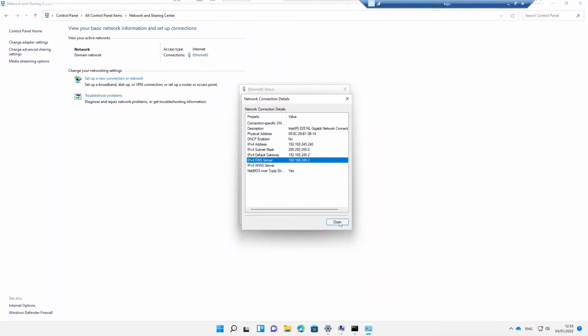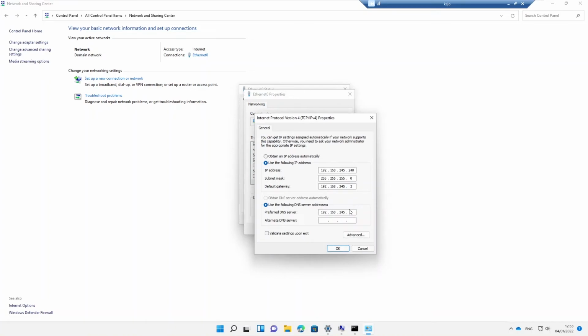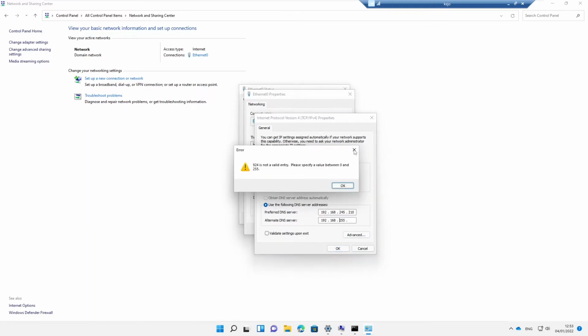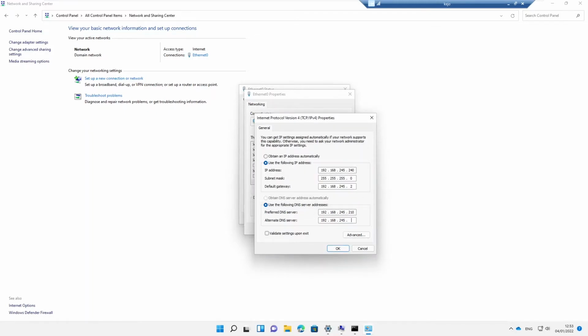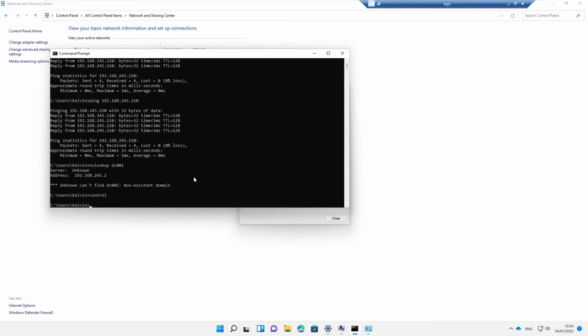So what I need to do right now is close this and go to the properties of my version 4 address, and you can see that here we have just the preferred DNS. I want to add the server IP address as the preferred DNS on this workstation, and then enter an alternative DNS address. Oh, I made a mistake there. 245 and then 2. So now we have an alternative DNS, which should give us access to the internet, just like our default gateway. If I click OK and then close again, now if I do an nslookup,